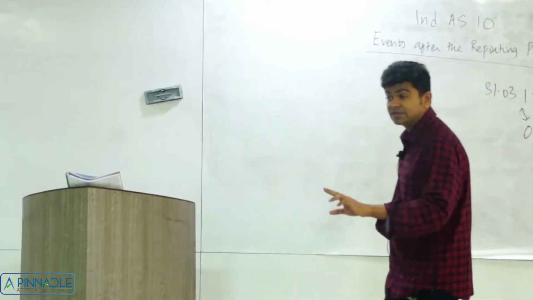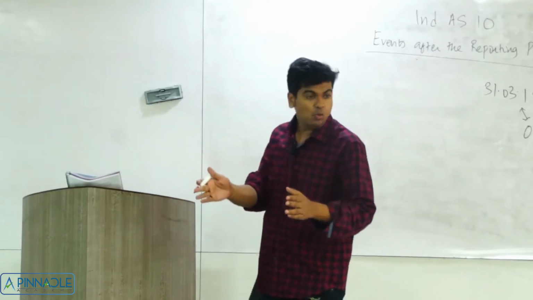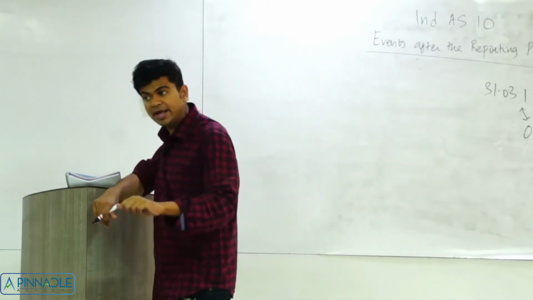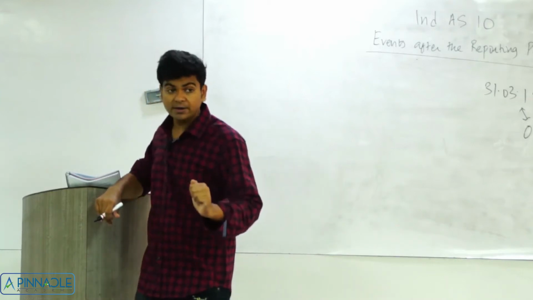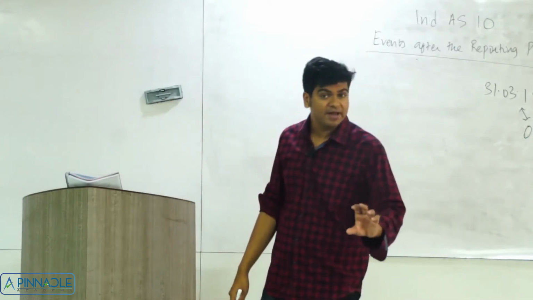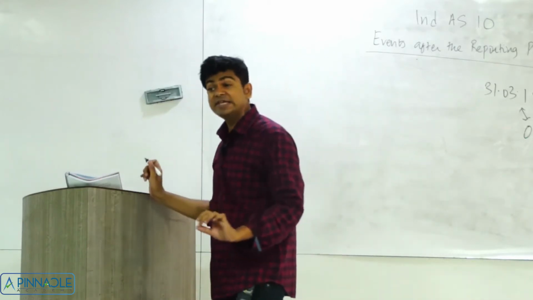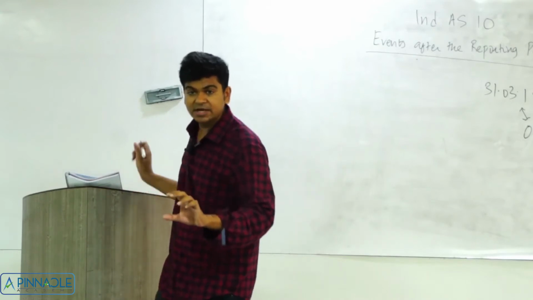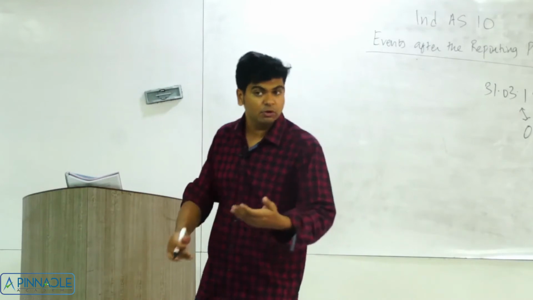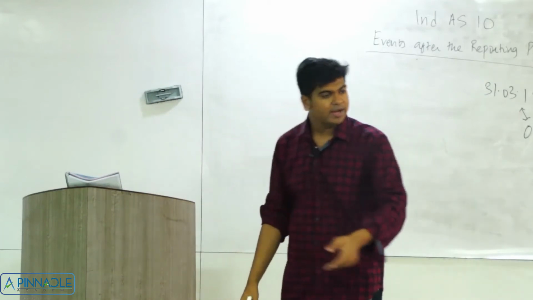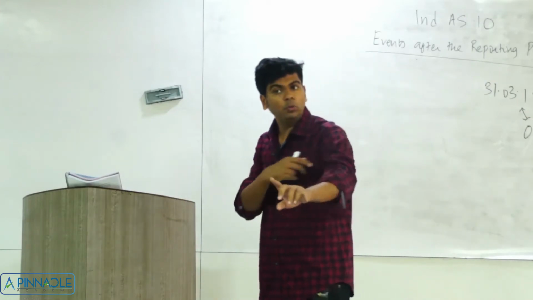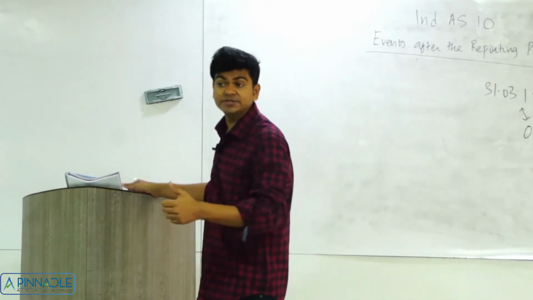These events will be classified into two categories. One is known as adjusting event, another is known as non-adjusting event. What do we mean by that? If it is an adjusting event, I will change the figures of my financial statements. I will restate the figures. If my P&L is getting affected, I will give effect in the P&L. If my balance sheet is getting affected, I'll give effect in the balance sheet. If both are getting affected, I'll give effect in both of them. This is when the event turns out to be adjusting.